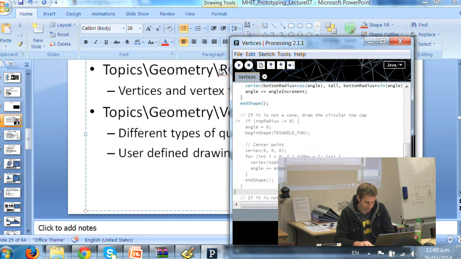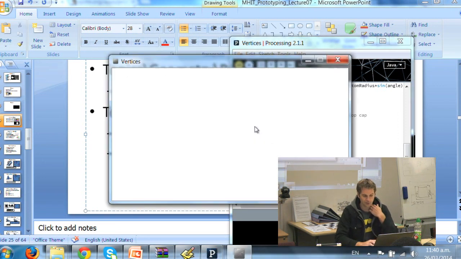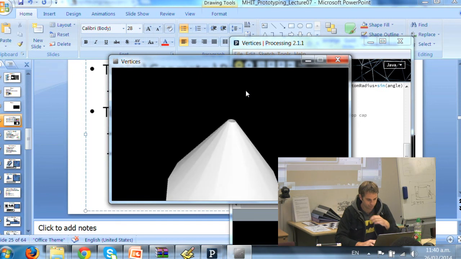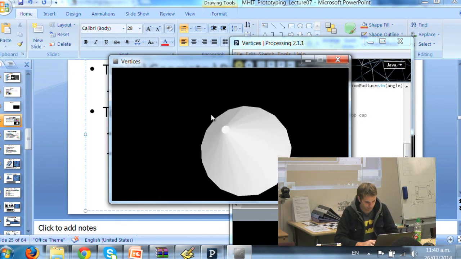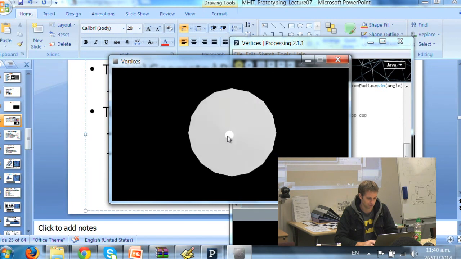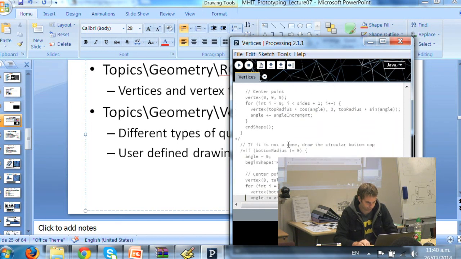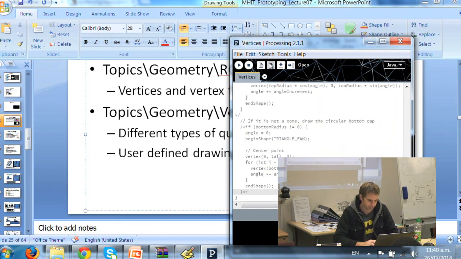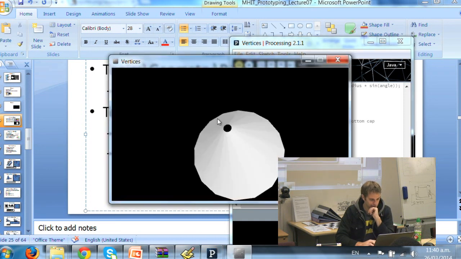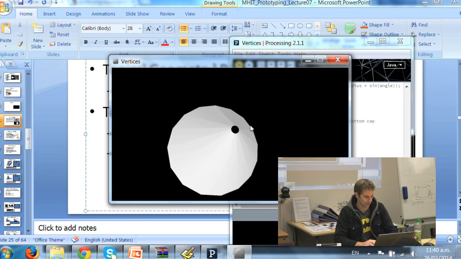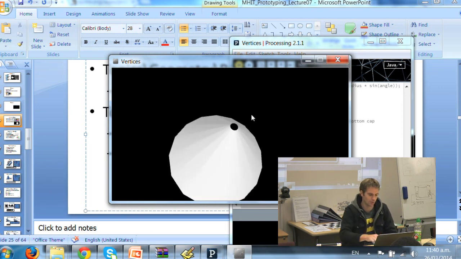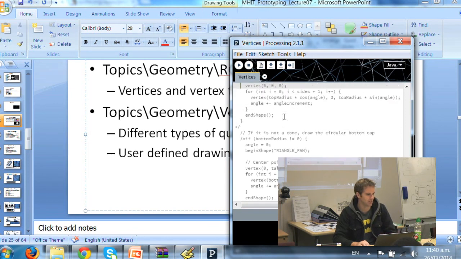So if I get rid of this, keeping in mind that I haven't actually looked too closely at this code. I think there's something on the bottom as well, which is why we can't see blackness. Let me just get rid of the bottom as well. Make it a bit more obvious. So now we have a tube. So essentially, that quad strip is being drawn with all of those points,